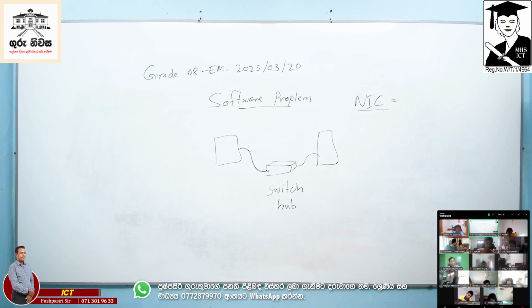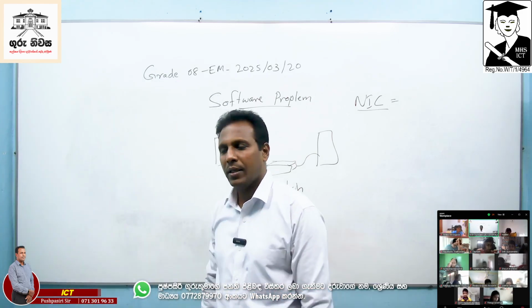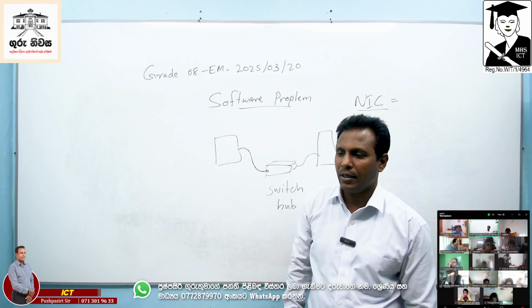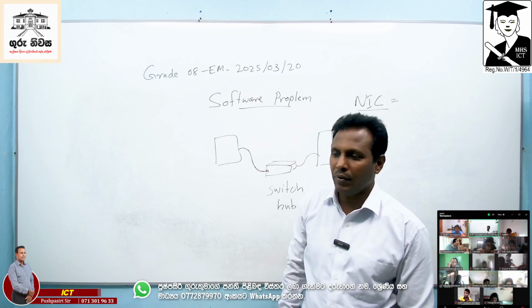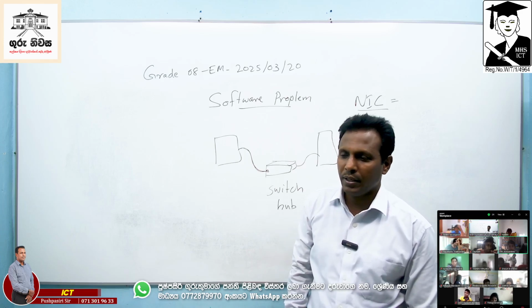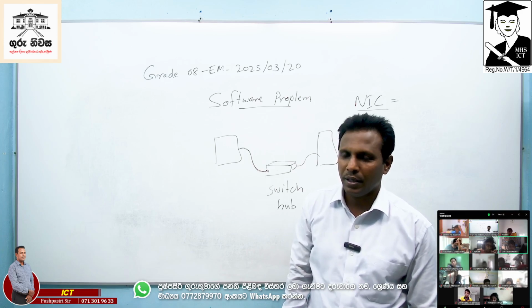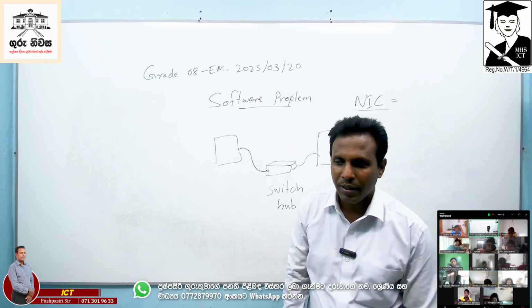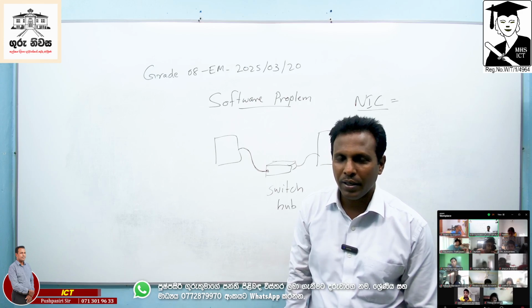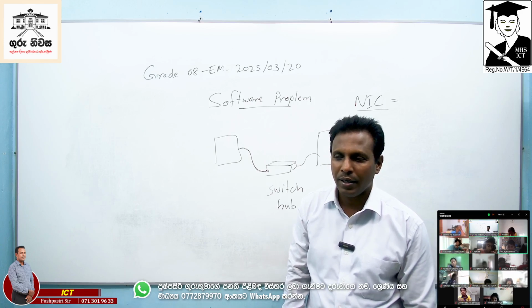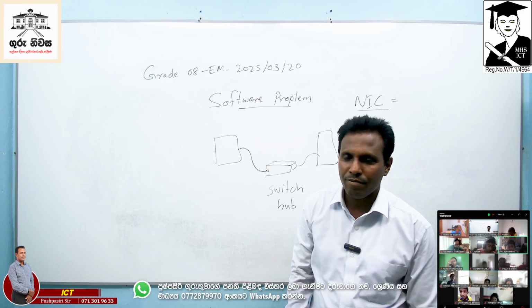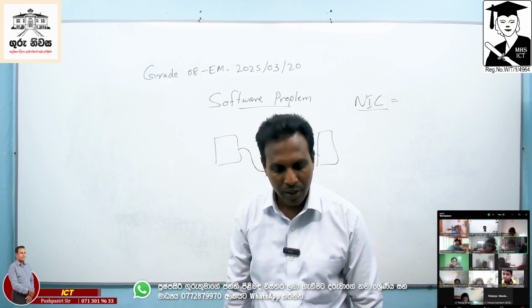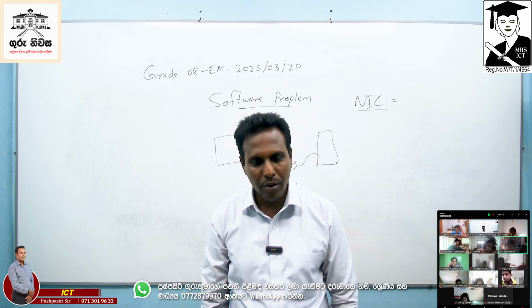Prabhashwara, what can be the cause if everything is connected but the network is still not working? It could be broken. Which one is broken? The cable could be like the wires inside the cable.